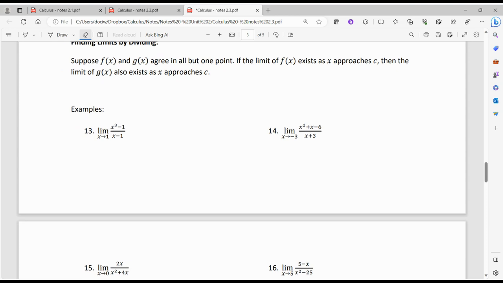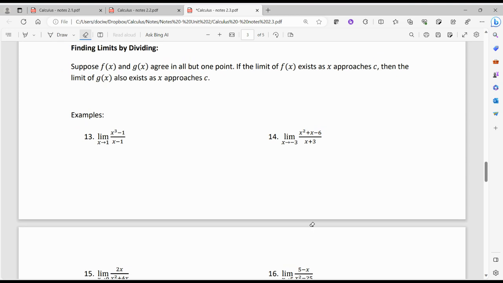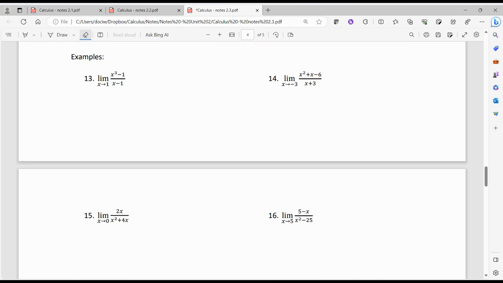Okay, and first look at what we have here. Suppose f of x and g of x agree in all but one point. If the limit of f of x exists as x approaches c, then the limit of g of x will also exist as x approaches c. What that basically says is we've got the limit as x approaches 1 of x cubed minus 1 over x